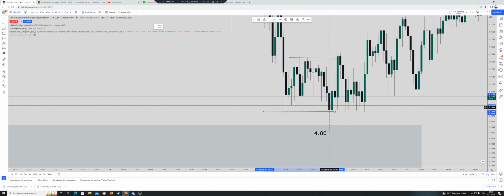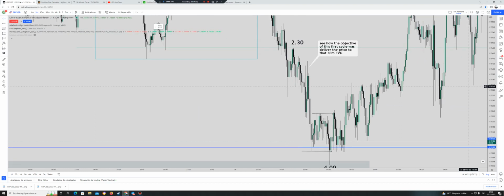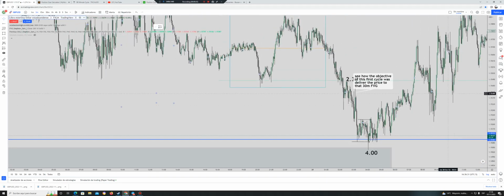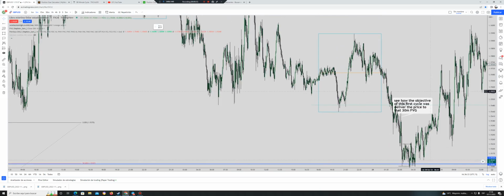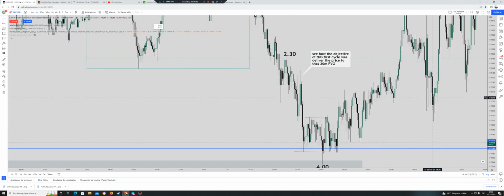We're waiting for the 30 minutes to see what price is going to do, to collect information, and then at 4:30 we have the buy. From 4 to 5:30 we can even take partials here, and if we have a context, the price can go to take all those highs above, we can just leave it,